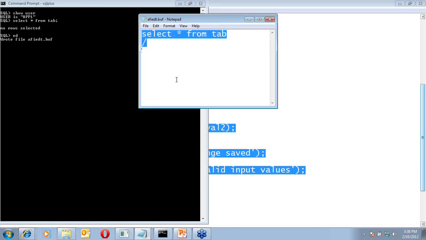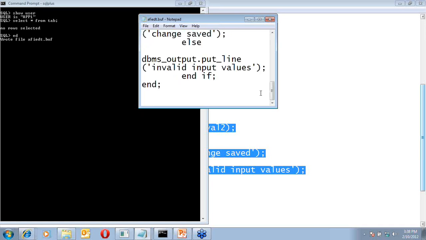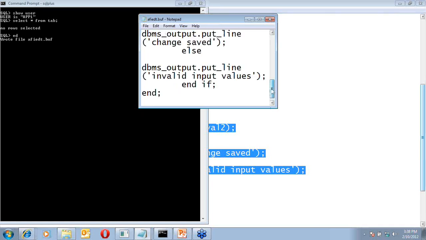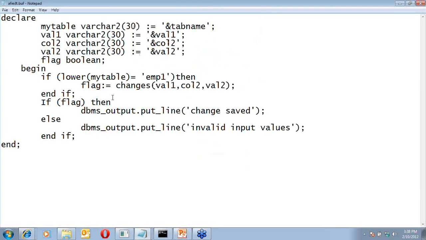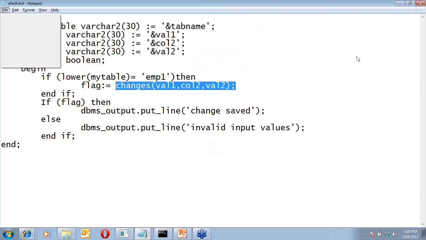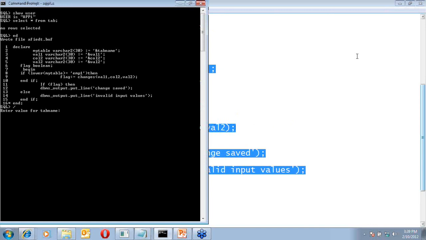Now your front end is connecting via this user and is basically posing this kind of command, which is execution of this particular function, known to the front end with the name changes. And the front end has no clue what the actual name is, whether this is a function, and things like that. Now let's say again I pose this particular malicious input, that is, I try to bypass the condition.